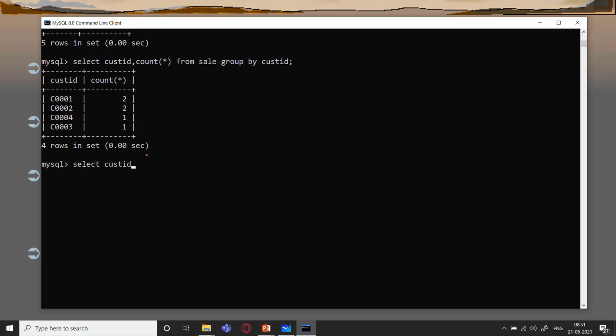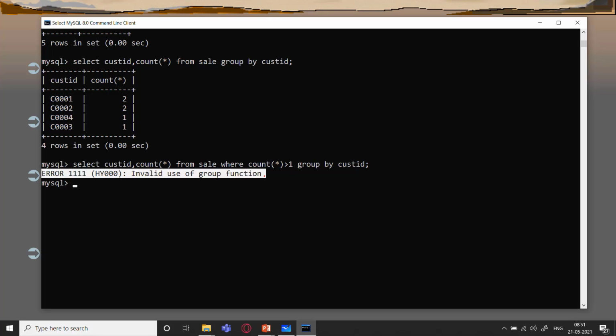Select cust ID, comma count from sale where count asterisk is greater than 1, group by cust ID. So I have used this. You will get an error here, invalid use of group function.